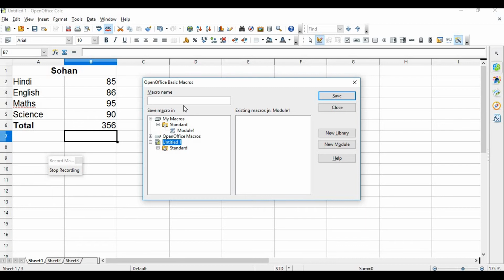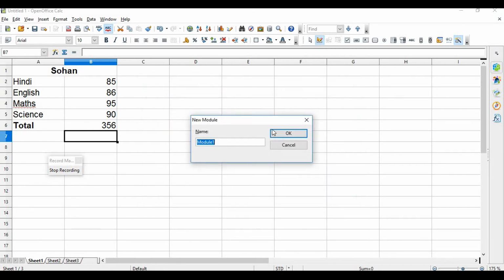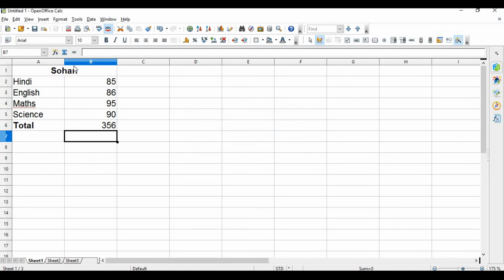What I am doing here is performing addition. So Addition is the name of the macro, and then click on the Save button. Now this is the name of the module, and click on OK. Now my module is saved with the name Addition. Click on Save.